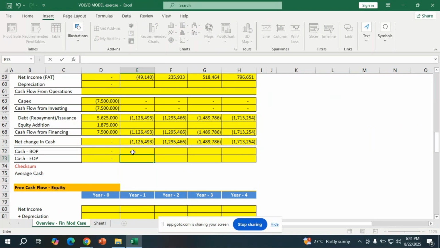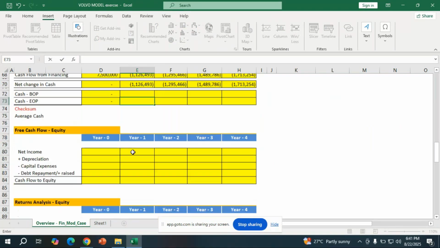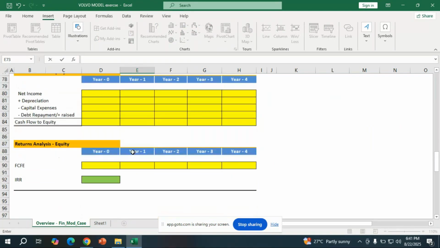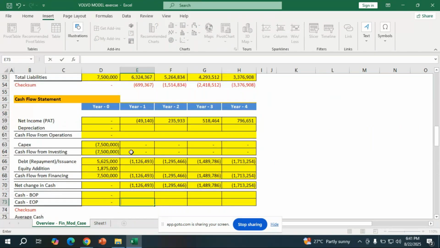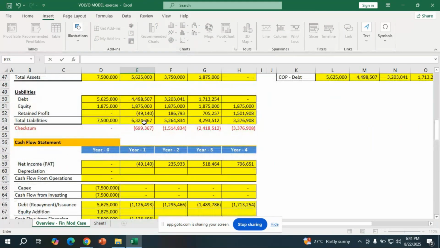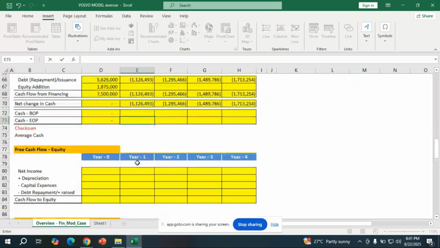Okay. So, you have to bring the cash flow from the beginning of the period. How do we do it? This is the one which I'm just talking about. So, equals to